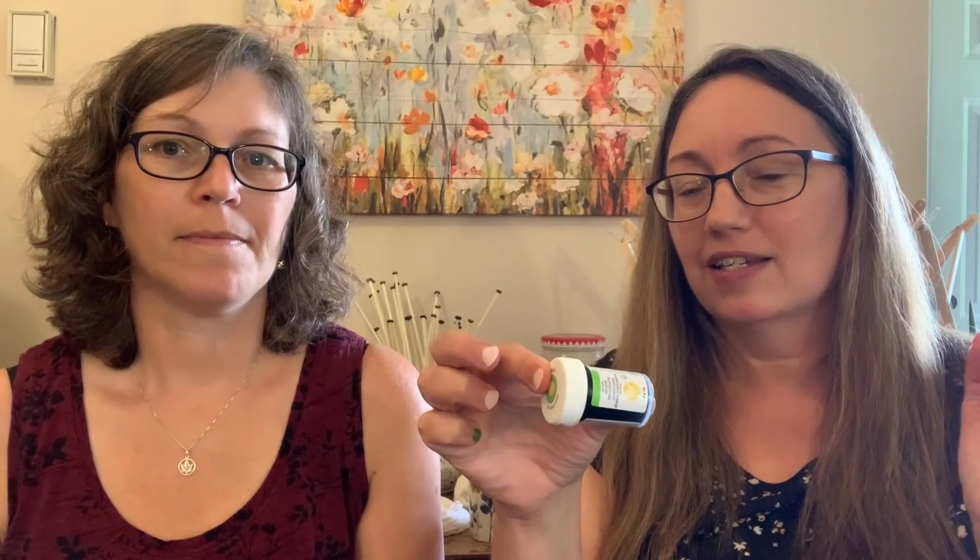I have a dye table downstairs, and my teal had tipped over, and the lid must not have been screwed on tight, and so it leaked out, and there was teal down the side. I really tried to be careful, using my fingertips to try to tip it up, and I still...